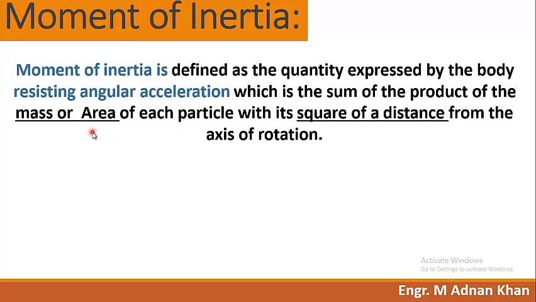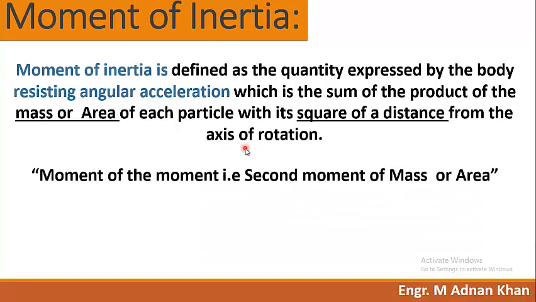It could be mass or area of each particle with its square of a distance. That is, the sum of the product of mass or area with its square of a distance from the axis of rotation. Now, the axis of rotation is compulsory. Or you can say moment of the moment. Moment of inertia is called moment of moment or second moment of mass or area,